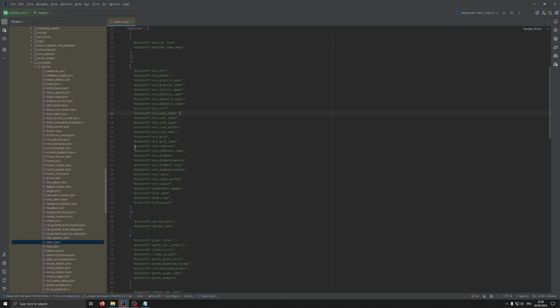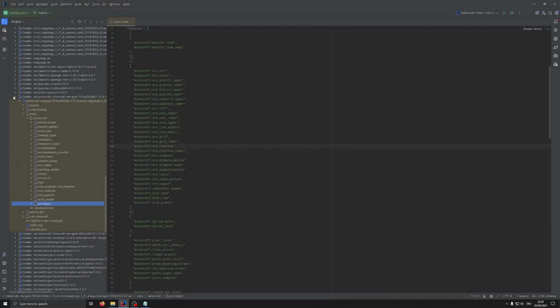So Minecraft:ore_redstone, for example, does not correspond to a redstone ore block. Instead, it corresponds to a placed feature. And a placed feature tells the game how to generate a configured feature inside of each chunk. And a configured feature, on the other hand, tells the game how to generate a block, for example, what we do, an ore block in a grouping. And then the placed feature tells the game how to spawn those groupings in each chunk. We add that placed feature to it. And those two definitions we need in both cases, so we can create them in our common project or common